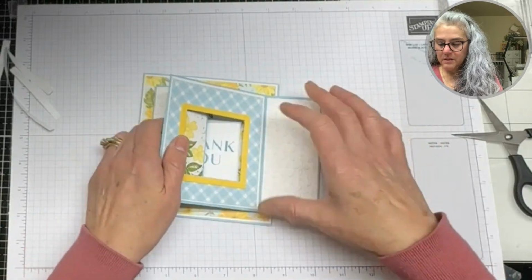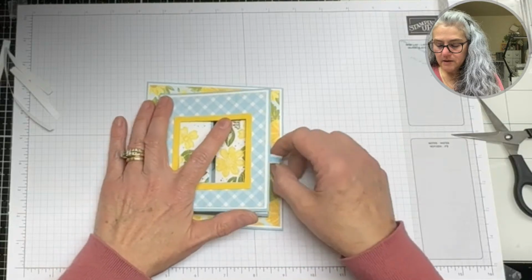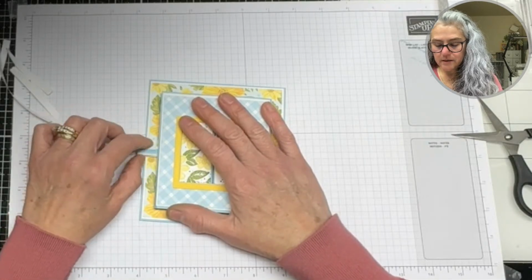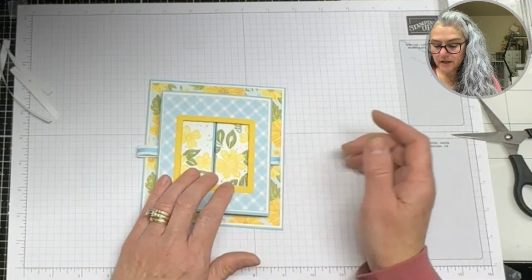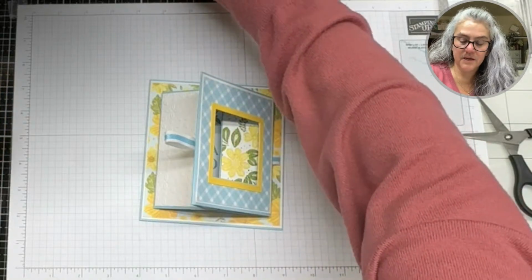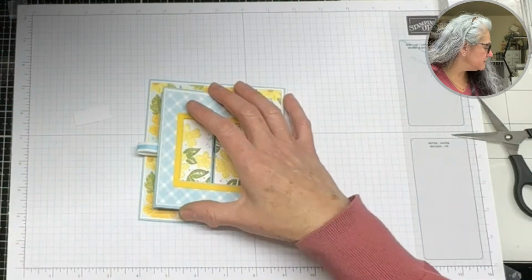So we'll see. We'll close it if this allows me. So we'll close it. Remember just to have these, and then I'll move this. I like it bigger actually than shorter, like it's clearer. Now the next thing, the last thing I have is a piece from the paper pumpkin kit, guys, and the